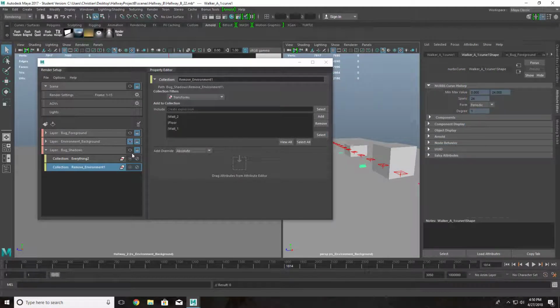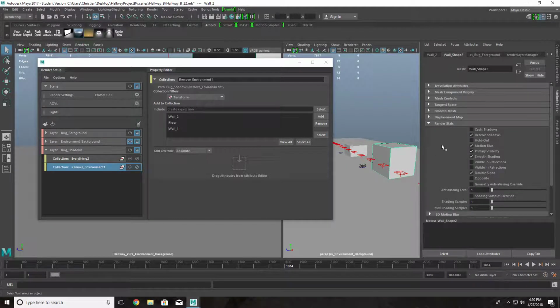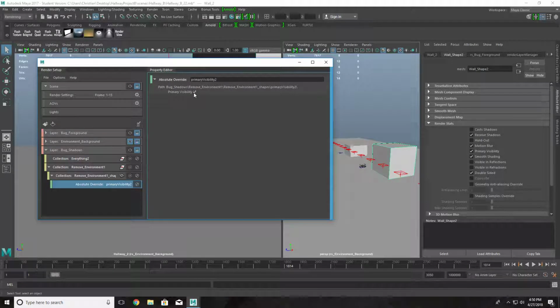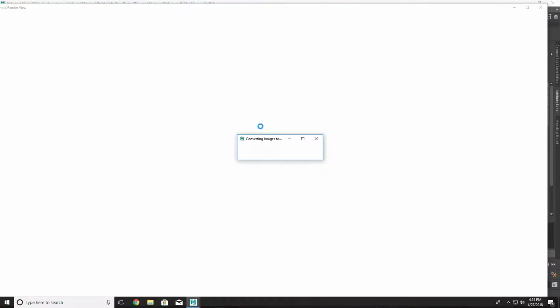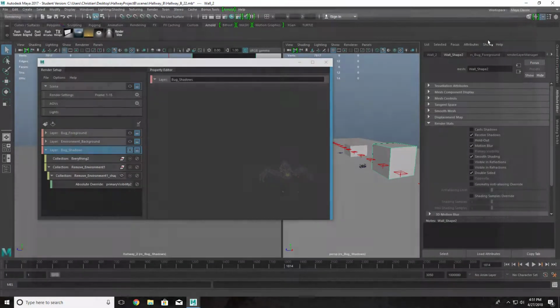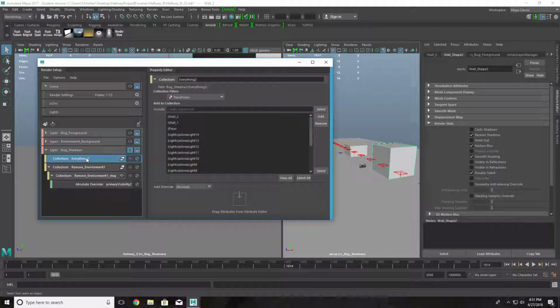Cool. And how do we get rid of it? Well, we just grab a wall, grab primary visibility, and drop it in. It creates this, and we turn it off. Cool. Now, this is literally the exact same thing as the last one. But how do we get the shadows? Simple. We just